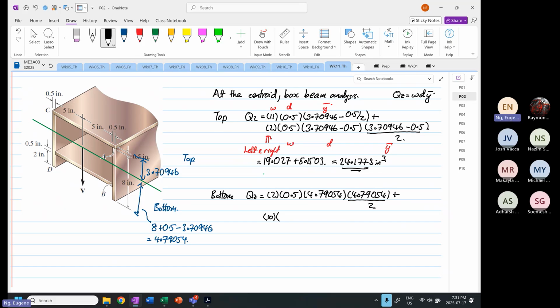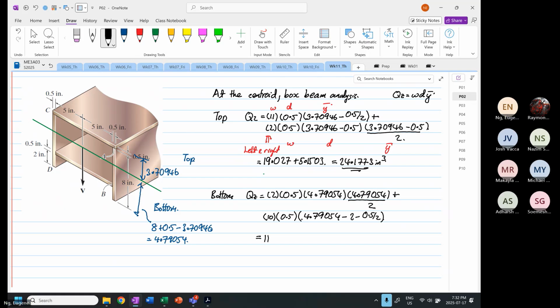The depth is 0.5. The y bar is... no, the width, the depth, the y bar now. So it's 4.79054 minus by 2, minus by 0.5, divided by 2. Okay, so this will be equal to 4.79054 squared divided by 2 times by 0.5 times by 2 is equal to